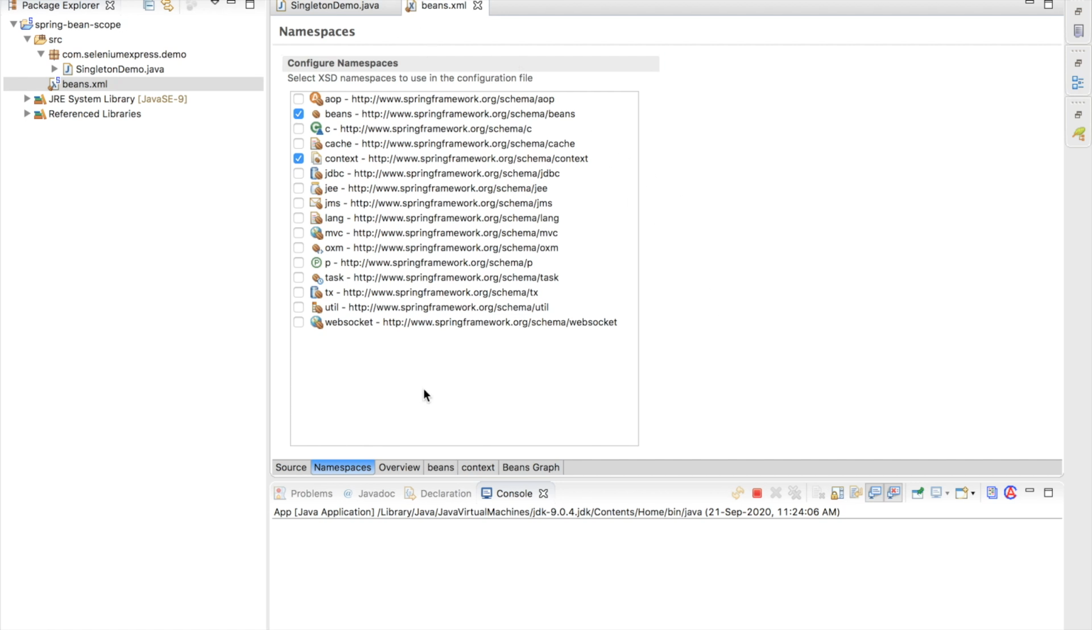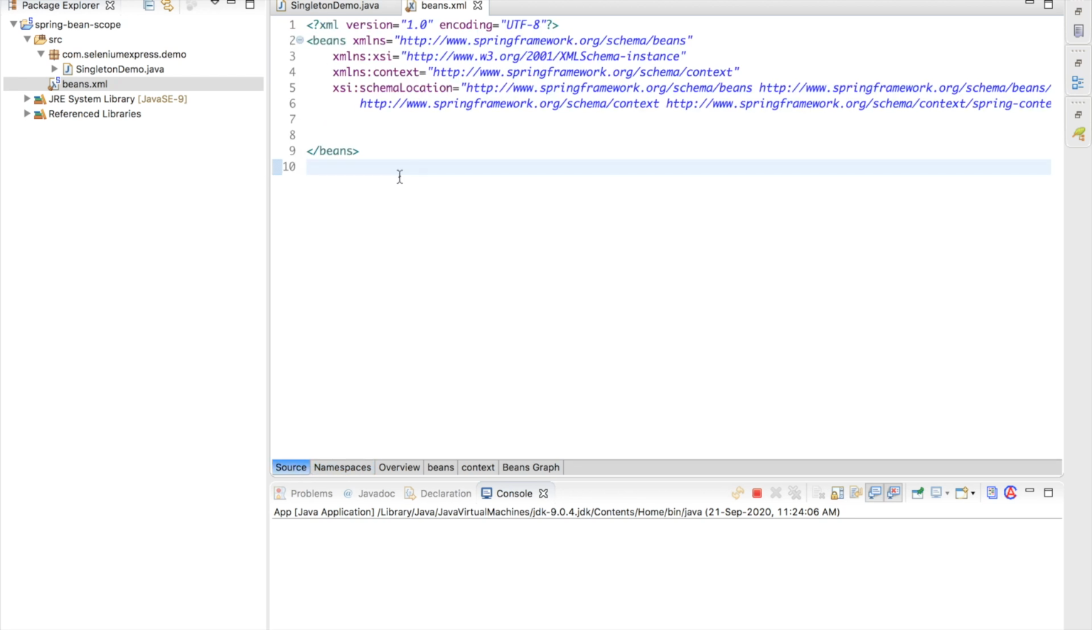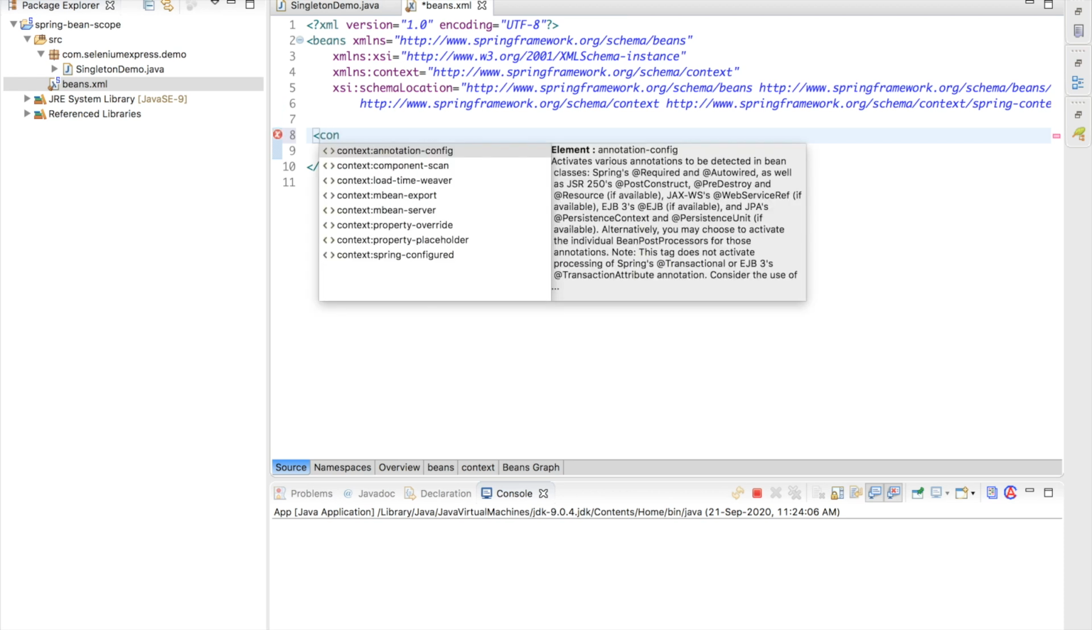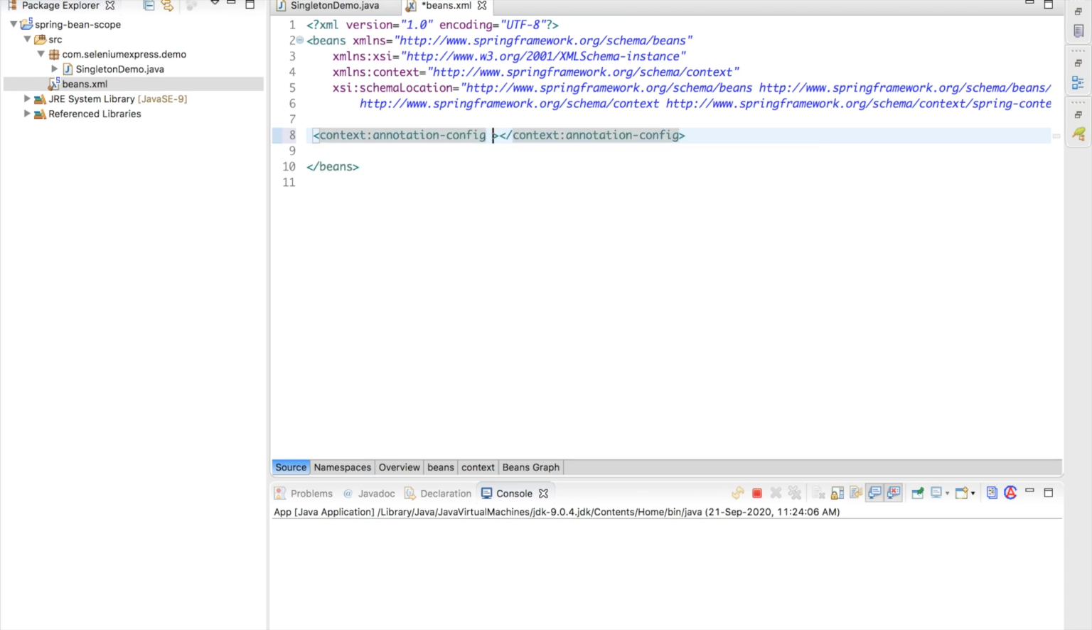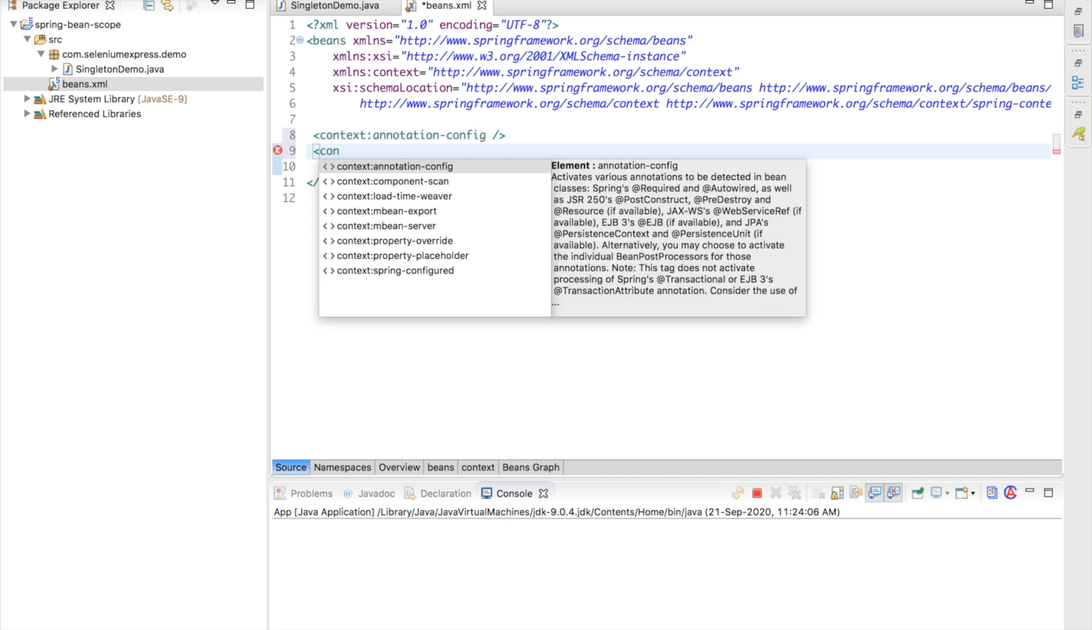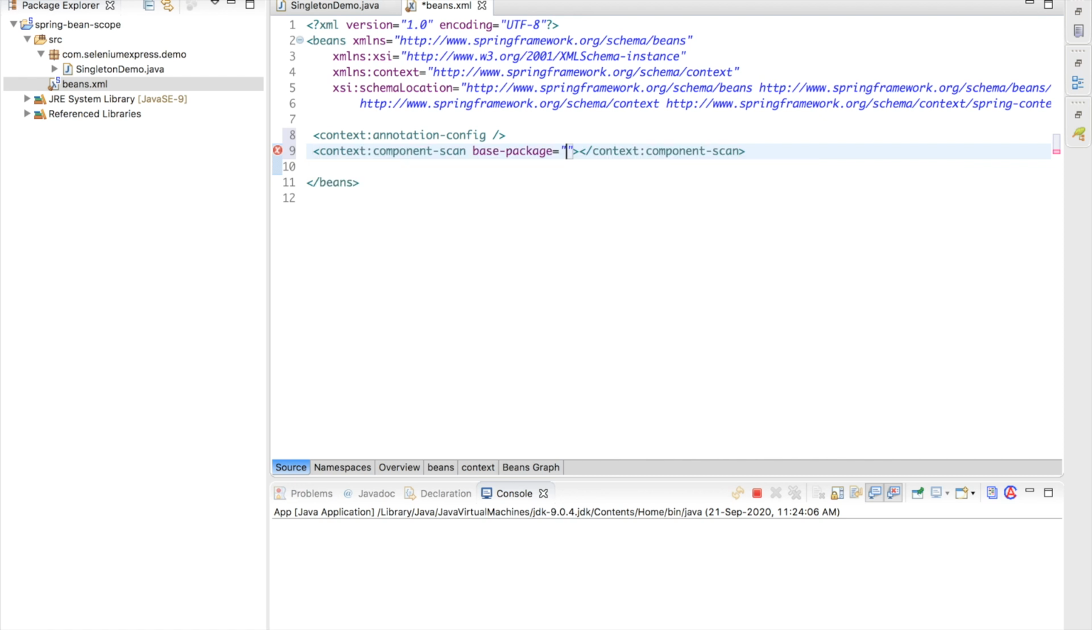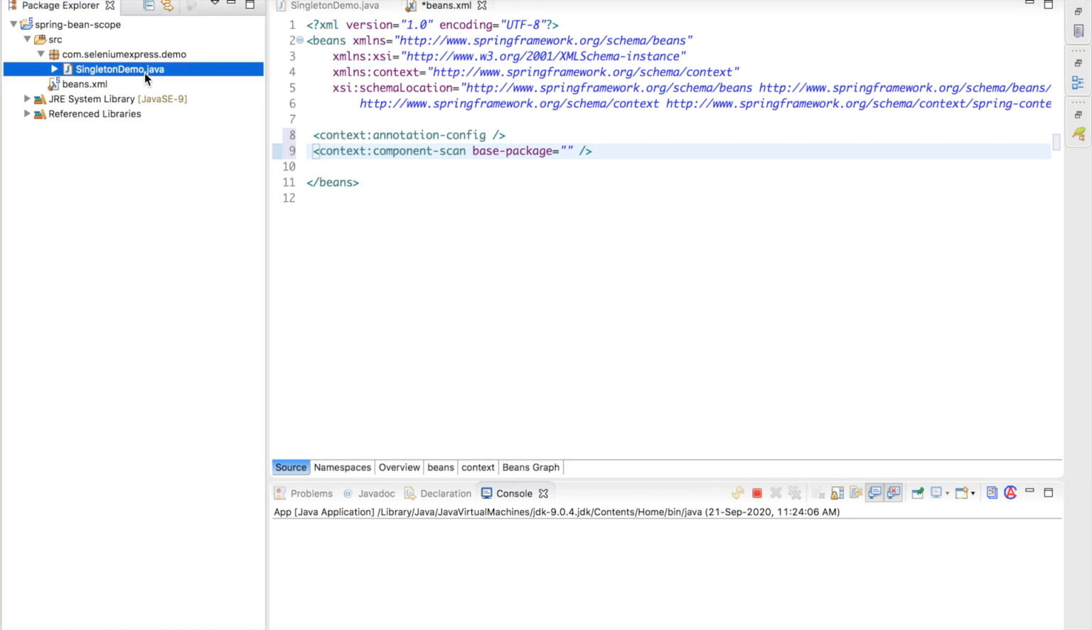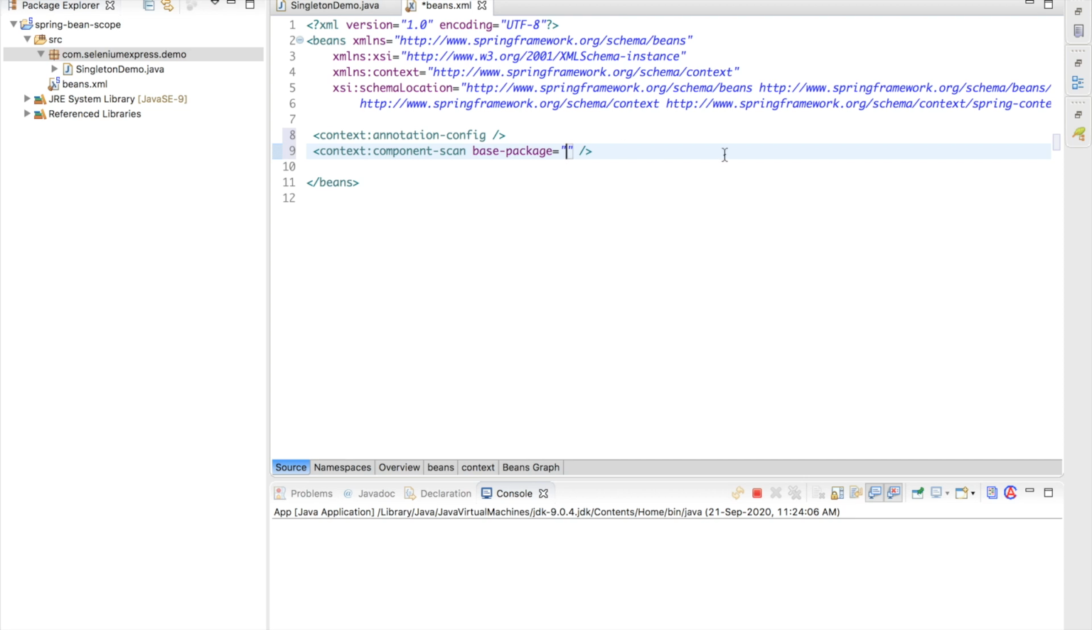Let me go to the source mode so that I can see the source. The first thing I'm going to do is activate the context annotation-config so that I can use annotations inside my application. The next thing is to activate the context component-scan, and I'm going to provide a base package here. All my classes, all my components, are inside the demo package, so let me place the package name right here,